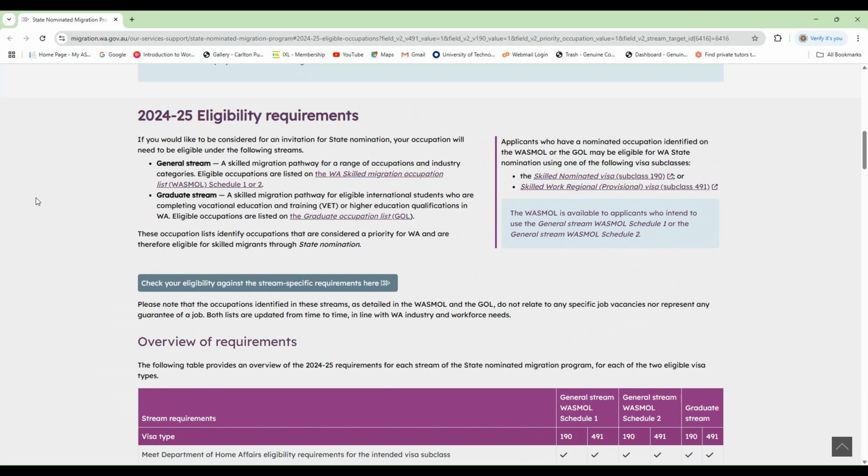The general stream is further broken down into two streams. One is the WSML Schedule 1, the other one is the WSML Schedule 2. The only difference between the two streams is that Schedule 1 is all related to health and Schedule 2 is other than health. And the one common thing between the two streams is that if you want to lodge